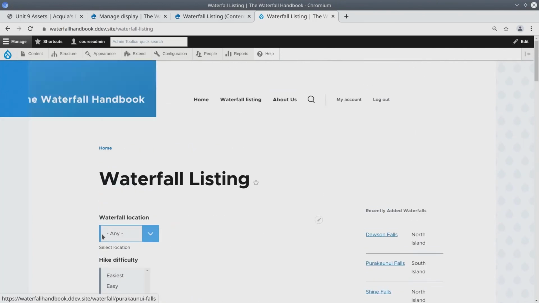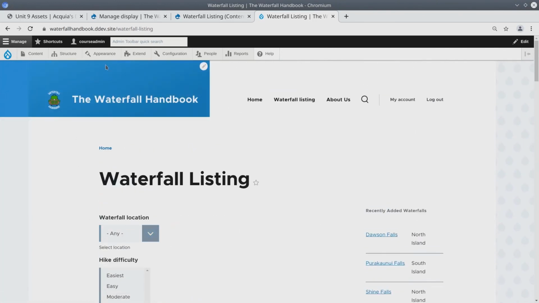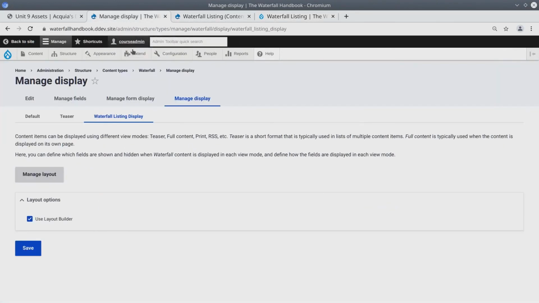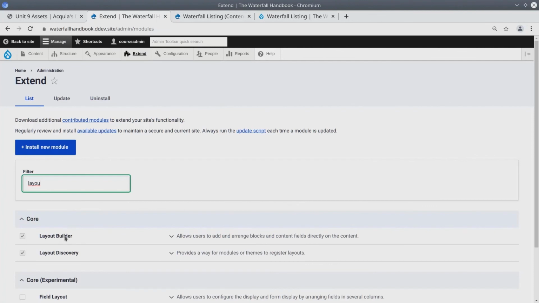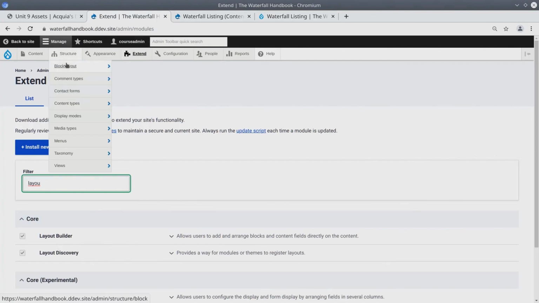So fantastic. That's the overview of the Layout Builder. Remember, you have to enable the modules first with Extend. Search for Layout. Make sure Layout Builder and Layout Discovery are enabled. Once those modules are enabled, then you need to